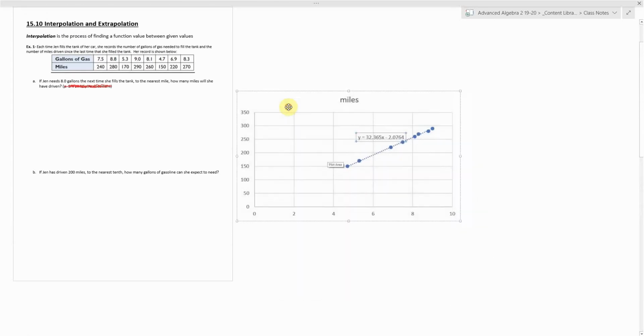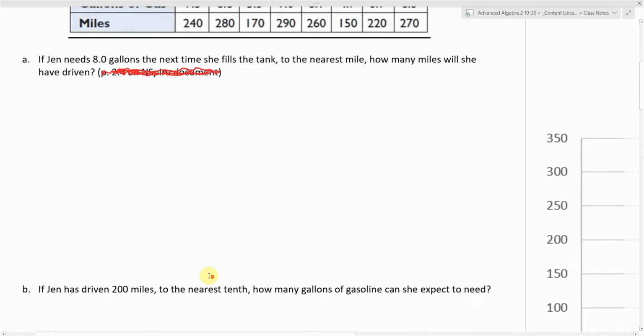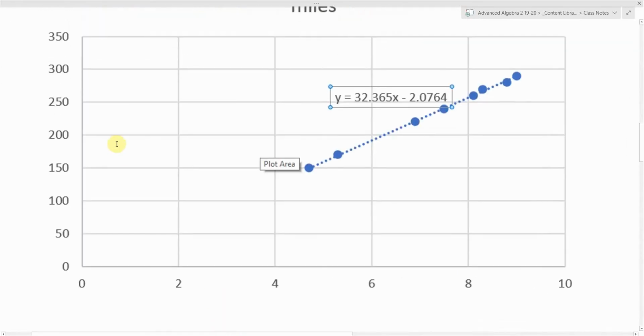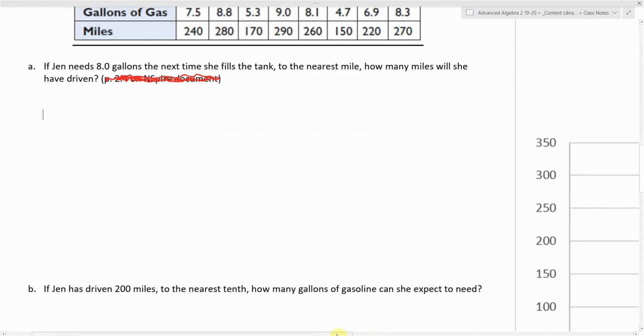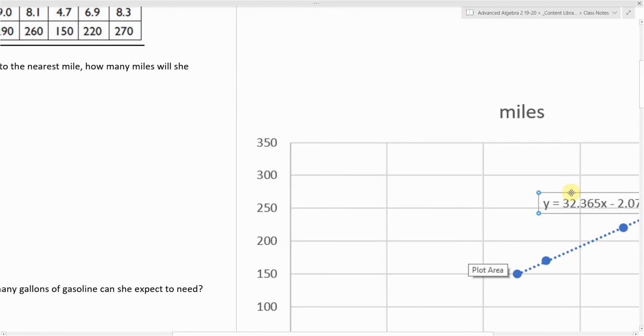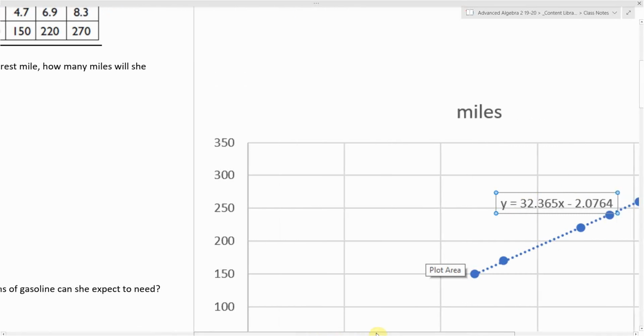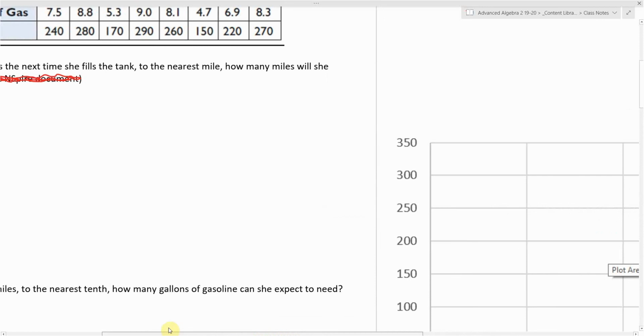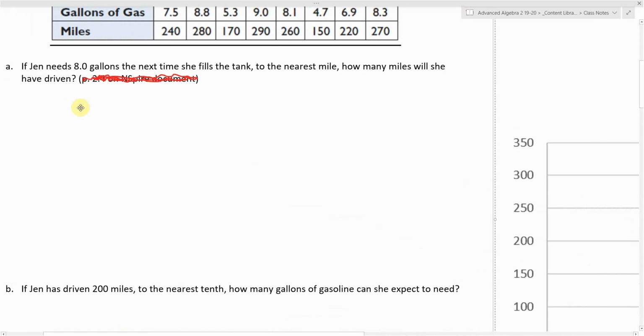So there's our scatter plot for this given situation, but really what we're interested in is the equation of the regression line, which is right here: 32.365 times x minus 2.0764, okay? So we have y equals 32.365x minus